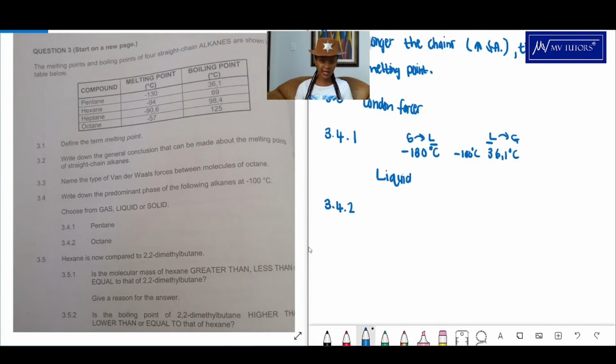3.4.2 octane. Okay, so let's do what we did previously. So here we go from solid to liquid, and then when we go from liquid to gas, we have 125 degrees Celsius, and we have negative 100 there. Negative 100 degrees. Okay, so let's see. It's melting